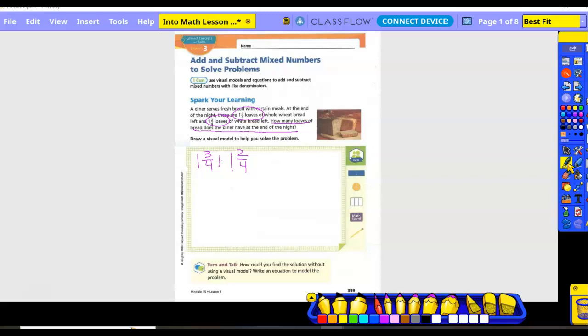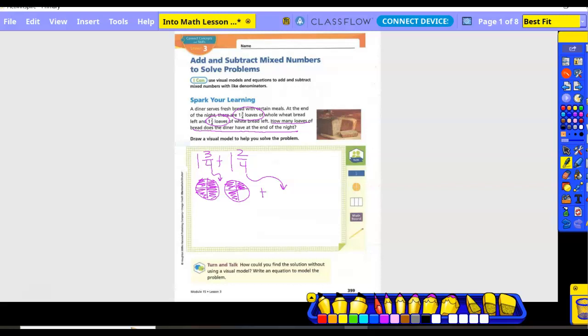So what am I going to draw for 1 3/4? I'm going to draw one whole circle. I need 2 circles, right, guys? And how many pieces am I breaking them into? 4, right? And that first one, how many pieces do I color in? 1 whole, right? And then how many of the second one do I color in? 3, right? Okay, so this is represented here, right? Okay, what about this